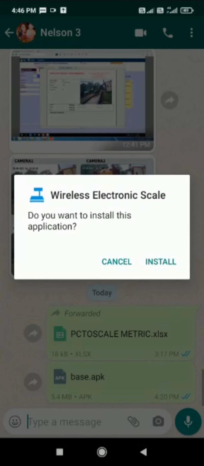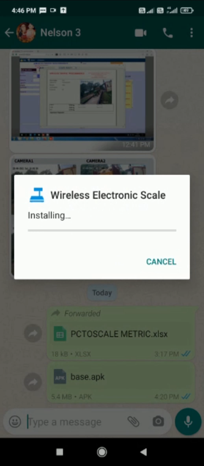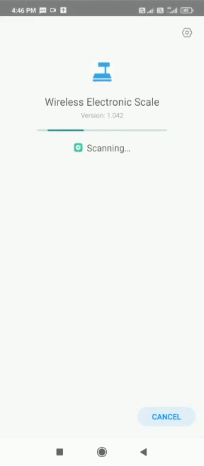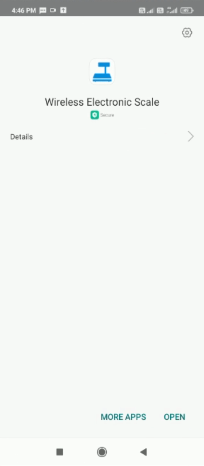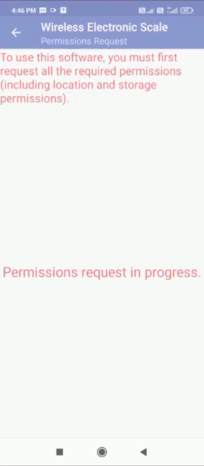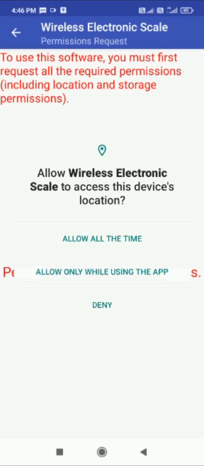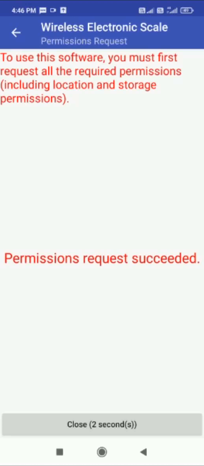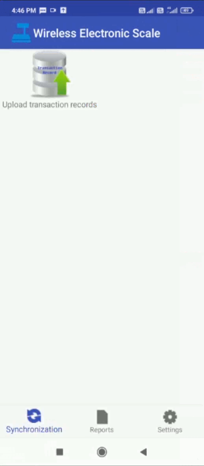Now install. Now open, allow all the items. Now the app is installed in your mobile phone.